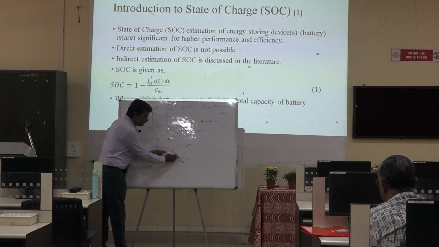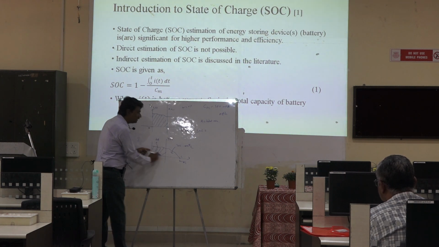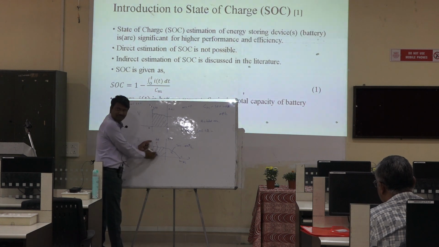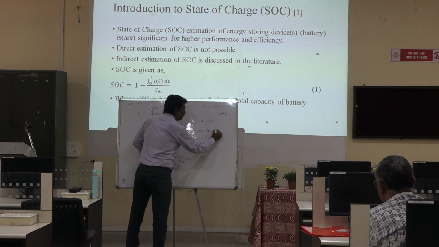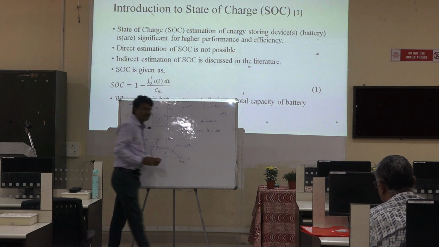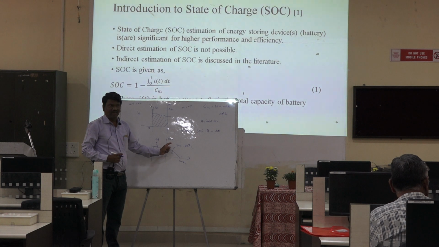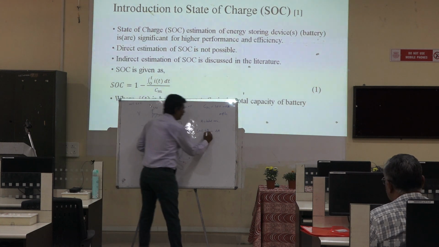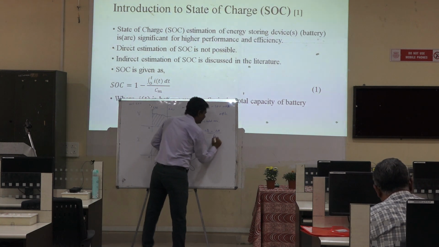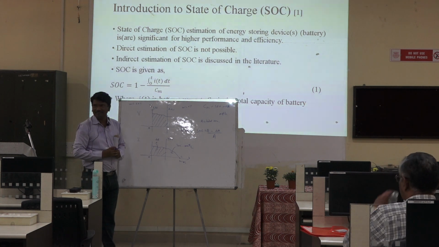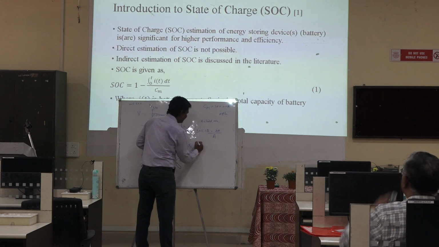We are interested in this part. So total area is A minus this part, that is del of A. So this part is going to indicate our state of charge. Expressing in the ratio, we have to divide by the total area. This is the total area, whatever we have. Yes, I am going to rearrange this.